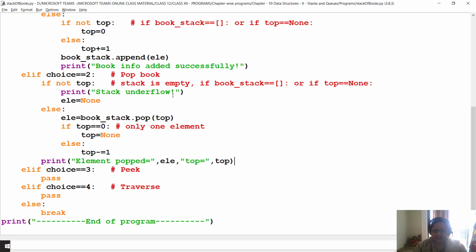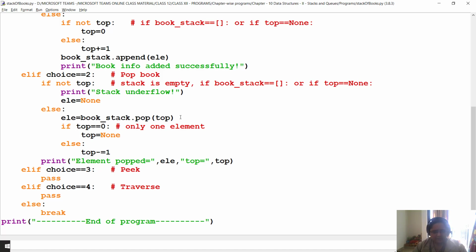So I check the stack underflow, and set the value of element to none in case there were no elements in the stack. Element equals bookstack dot pop top, that means I am going to first pop the topmost element from the stack. There could be either one element or more than one element, so in either case the element at top will be the one to be popped.